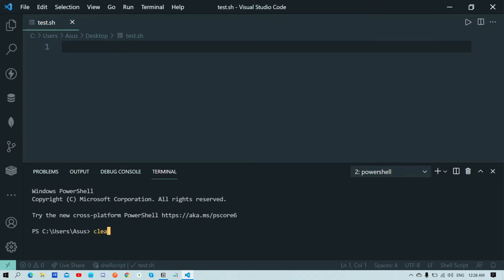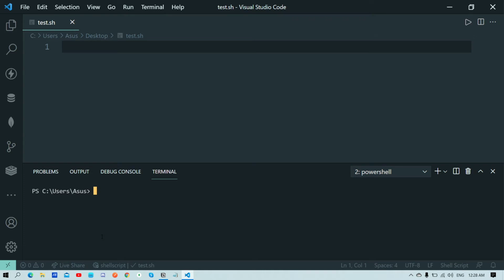You have to use this PowerShell, and here I am using Git Bash for Linux users. We'll use Git Bash, so we'll understand both things very well. Okay, it's running already. So first of all I'll change the directory to desktop. Okay, here as well in Git Bash.